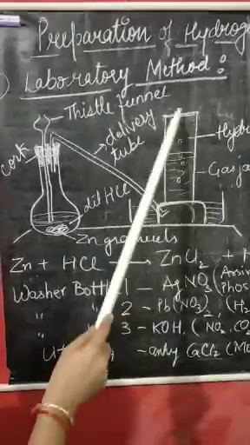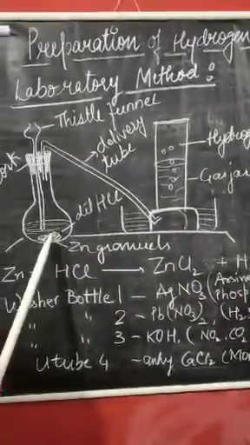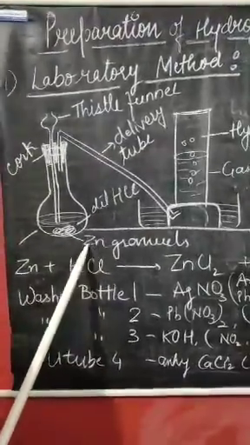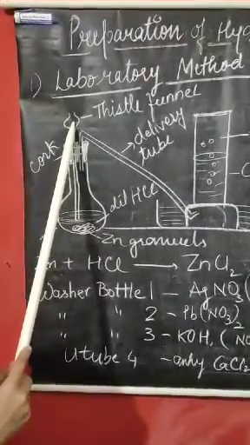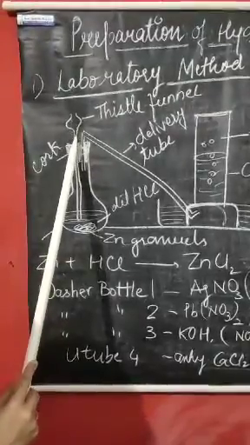Now you just place an inverted glass jar. After that you put a small amount of zinc granules in it. Then from the thistle funnel you put dilute HCl, slowly dropwise. Now what will happen from this part,